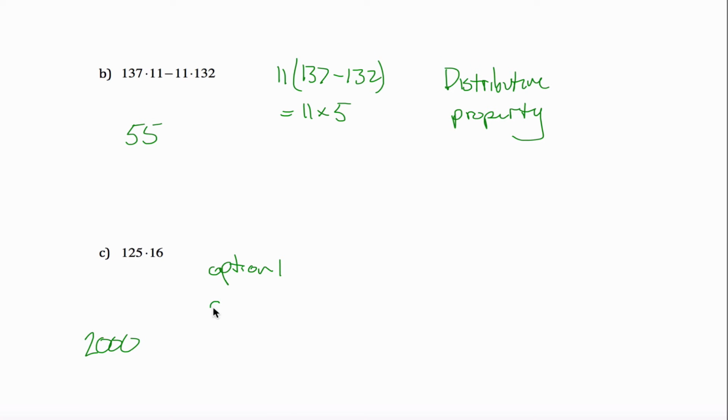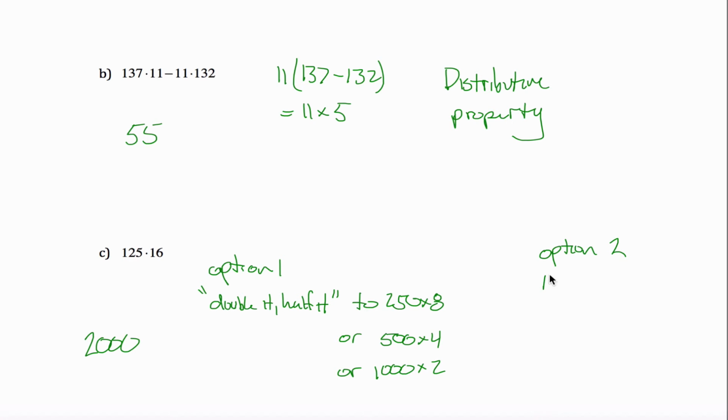Option 1, double it, half it. It's kind of the way we described it in class. 250 times 8. Or if you prefer 500 times 4. Or if you prefer 1,000 times 2, whatever of those is the easiest for you, one way you get over to here. Option 2,